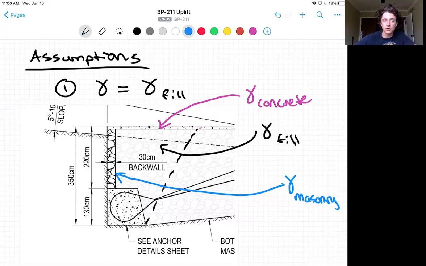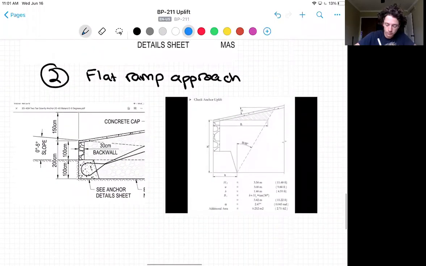Second, the manual and BridgeDU only teach to account for the ramp above the anchor in a trapezoidal shape parallel with the bottom of the anchor. Some standard abutments will require you to consider the additional ramp area above the horizontal in order to resist uplift. So what we're previously considering is this flat area here. And additionally, we want to consider